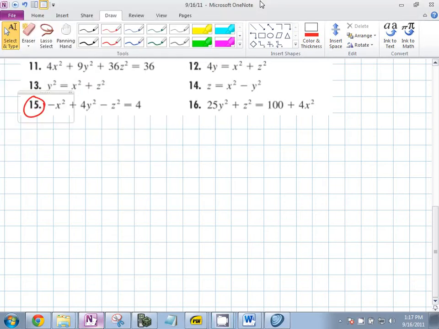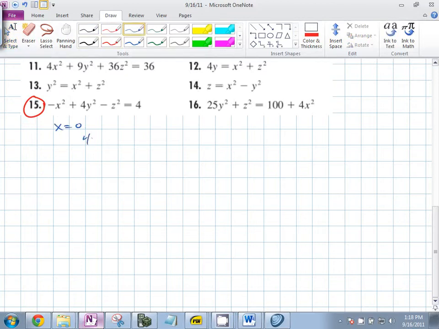Plugging in constants for x and y then z. One way to look at it is to try to find out where it crosses the planes. Each plane, the xz, the xy, and the yz, is one of those cross sections you're aiming for. So for example, if x is 0, what do you end up